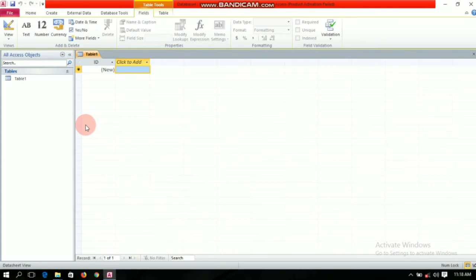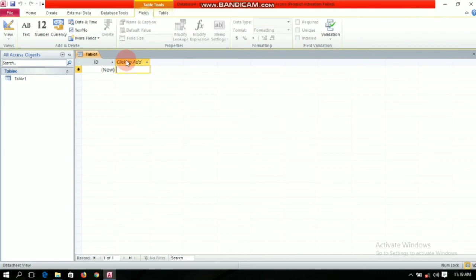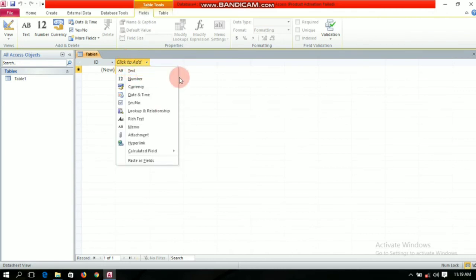We have talked about this window in our previous class also. So see, there is no field. You have to make the table for anything you want to add here, like name, address, class, father's name, phone number, email address, pin code, anything. For that you just have to select what you want. You want the data in text form, number, currency, date, anything. There are many options here. And you will rename this field also.